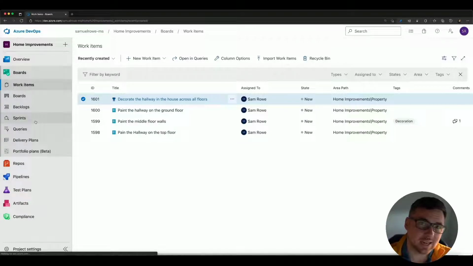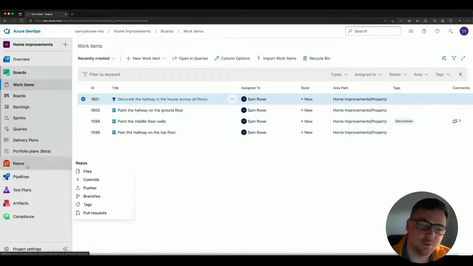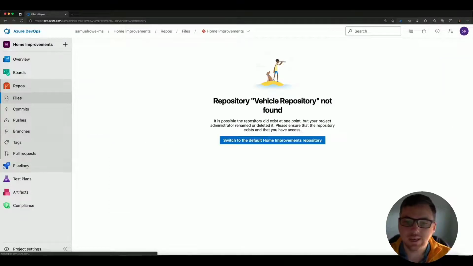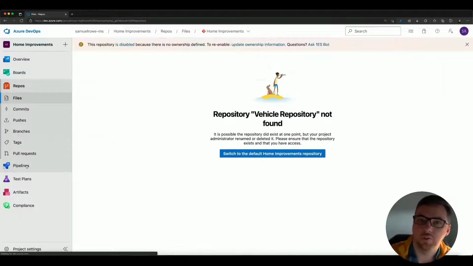So we have things like Kanban boards and backlog boards. We can do sprint planning. We can do project planning. We can even get delivery plans that sit above that to pull together all the different projects that are going on. We have Azure Repos, where we can keep the source code for our project